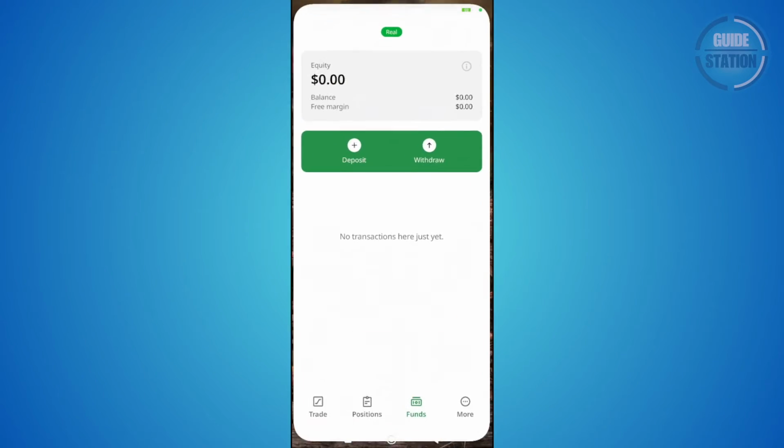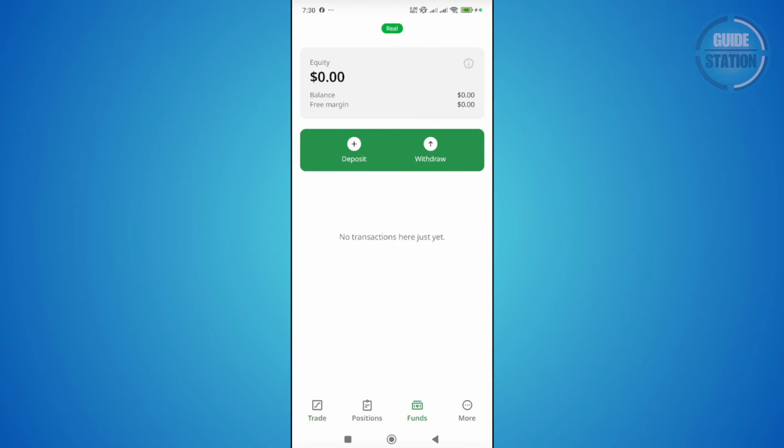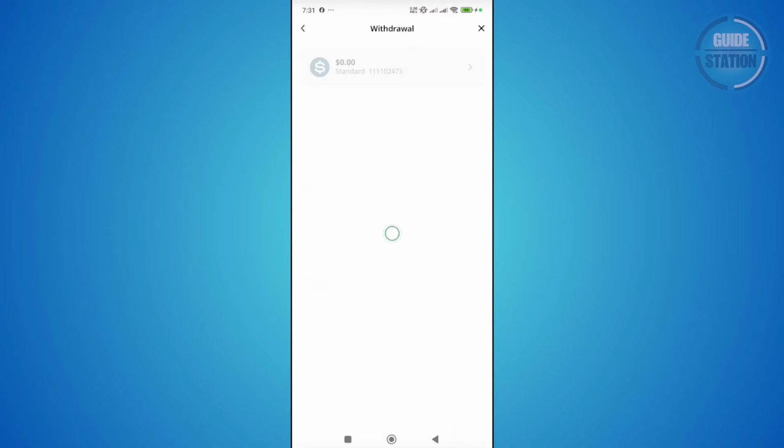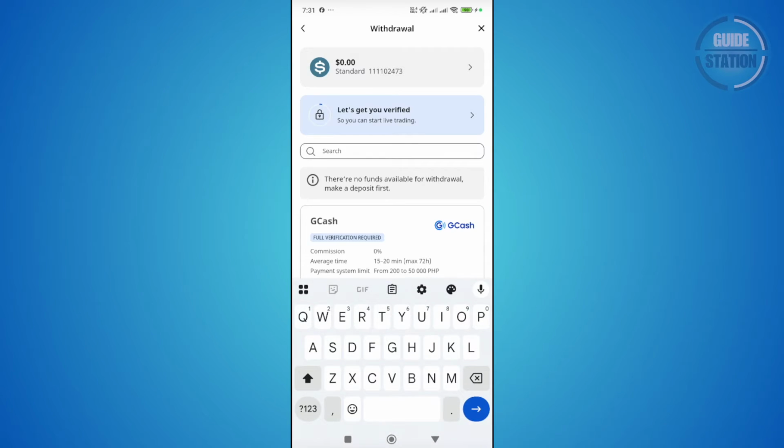But first, let's go open up the FBS app here, and we want to go to the funds section. Now, if you're going to go to the withdrawal page here and specifically look for Binance, it might not give you Binance specifically. But the thing with FBS here, it actually supports cryptocurrency. So regardless on what platform that you're trying to withdraw to, you can still use the platform itself to withdraw to your wallet. So first step that you need to do here is you want to get the wallet address